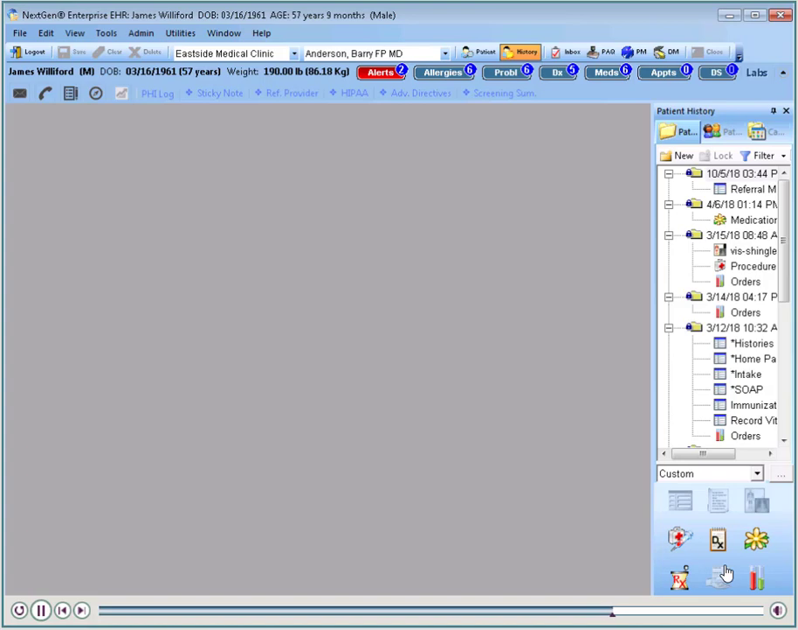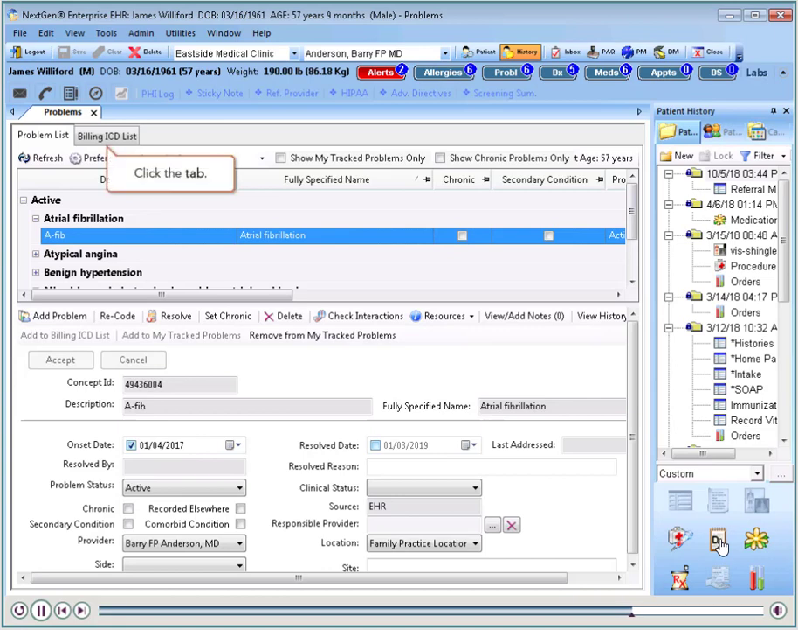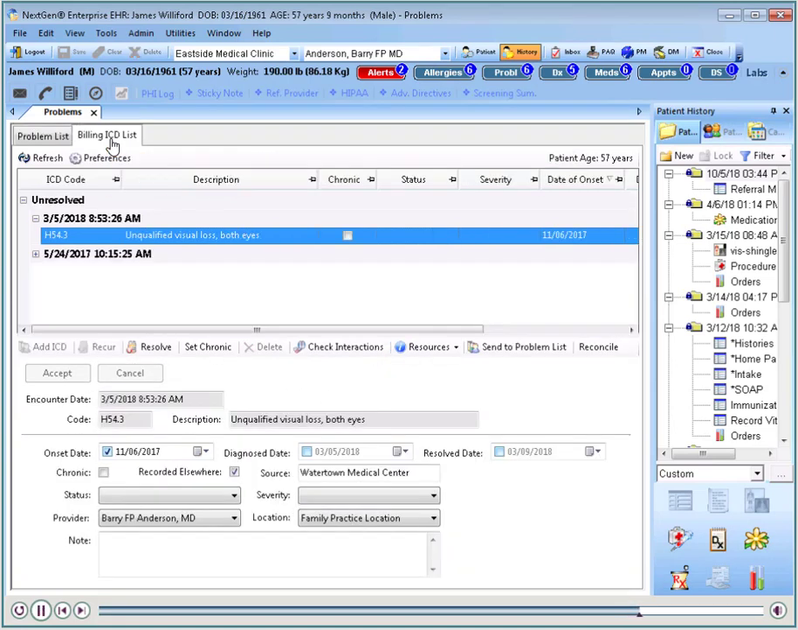Now, let's look at the diagnoses that we added. Click the Problems button. Click the Billing ICD List tab. The ICD codes that were added from the CCDA are listed in the grid. They're also added to the Patient Diagnoses section of the Diagnosis Selection tool to make searching easier in the Encounter